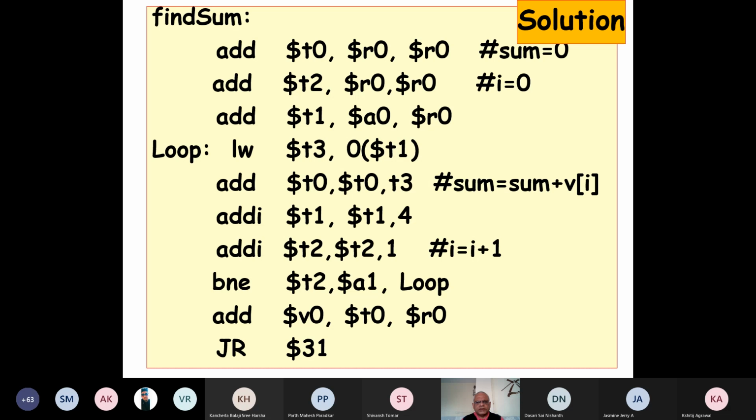Now series, are you there? I'm just randomly asking. Can you just tell me why did we add 4 to T1? What does it achieve? Each word is 4 bytes of data. We are going to the next 4 bytes of data. No, why did we do this? What does it achieve? We added 4, correct?